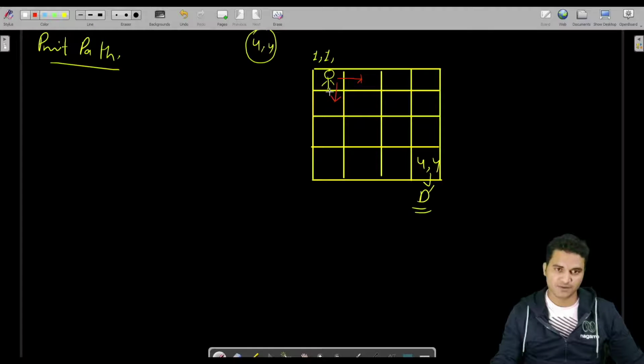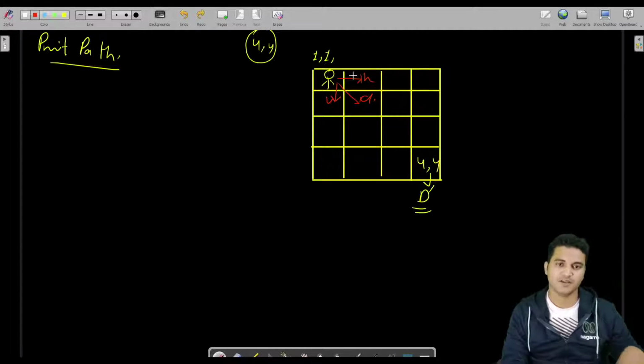But here you have a third move also, which is you can move one step diagonally also. This is horizontal, this is vertical, this is diagonal. You can move diagonally also, but there is no restriction on what would be the size of the jump.